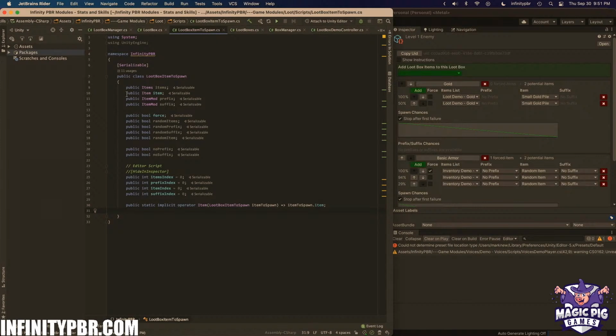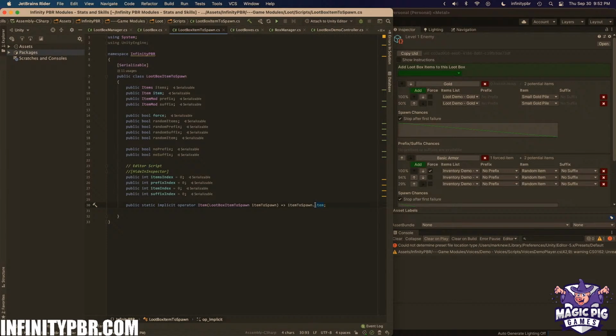Okay, but let me follow this thread because, hear me out, I'm going to return an item, but I need to create that item first. So this is going to have a bare item, but it might get a prefix or a suffix added to it. So, if I'm understanding this implicit operator correctly,